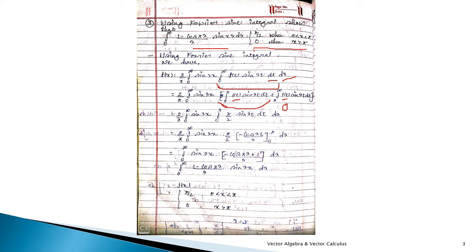यानी कि sin lambda t dt d lambda. Okay, now this one will be removed, so the remaining term is given this one. Now you can see that pi by 2, and here it's given 2 upon pi, so this both will be cancelled out. So the remaining term will be 0 to infinite sin lambda x, और यहाँ पे बचेगा रिमेनिंग टर्म 0 to पाई sin lambda t dt d lambda।